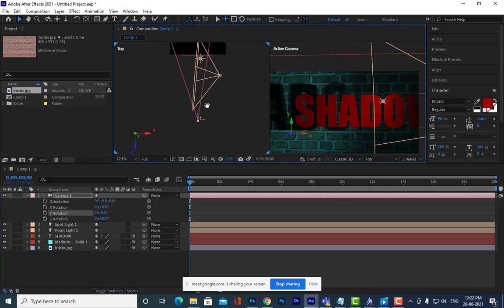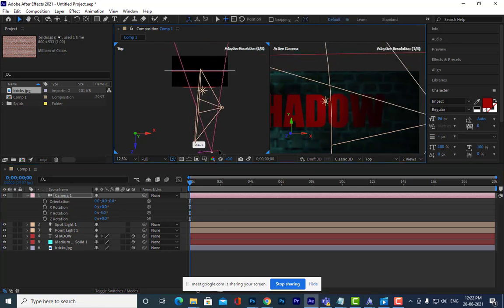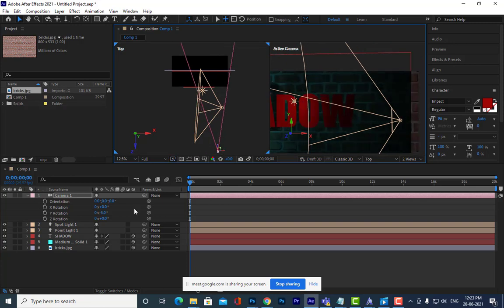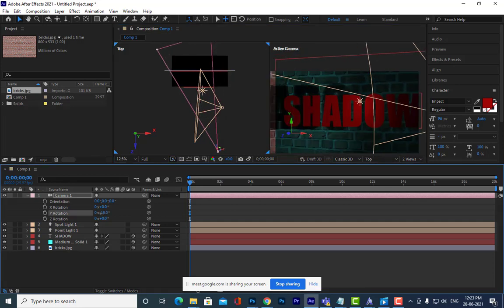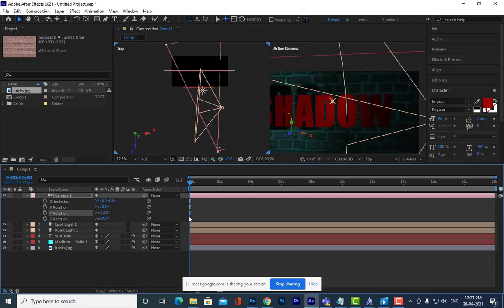So you can actually check the camera and lighting position. See here. Is it clear, all of you?